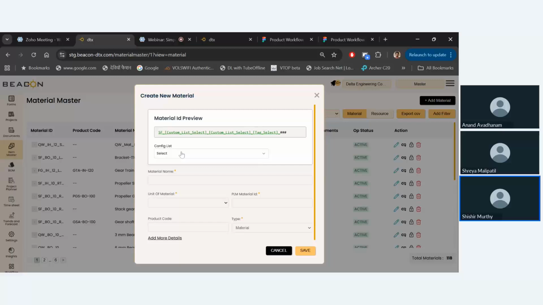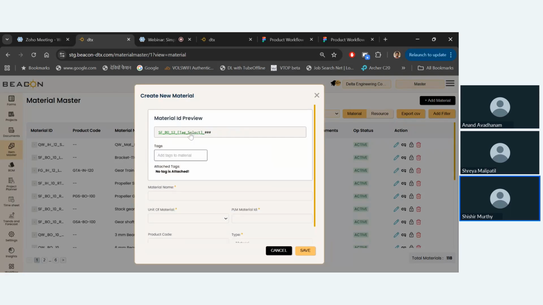Okay, then the next one is my subcategory, which informs me whether this is in-house or bought out. This semi-finished good would be bought out, so I can select this. Subsequently, there could be another list talking about the part code that it belongs to. So we'll pick the 12 here, and the tag being the material. So I can define what kind of material this is, so that I can understand what it belongs to. So I'll just say